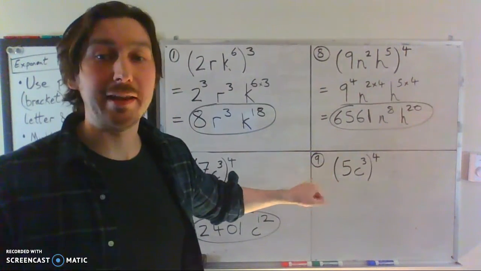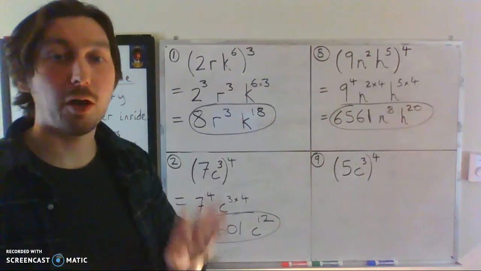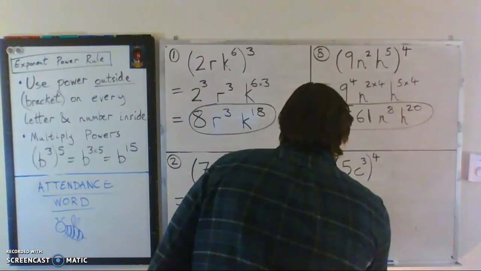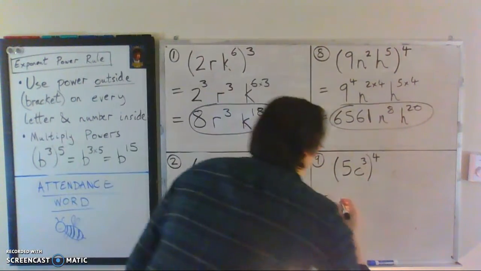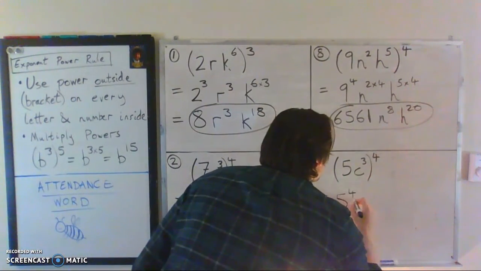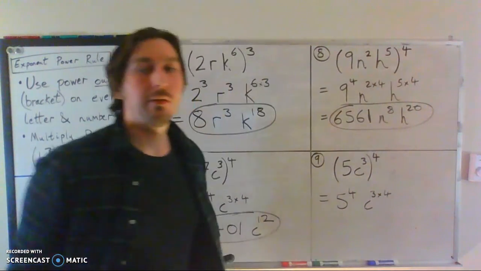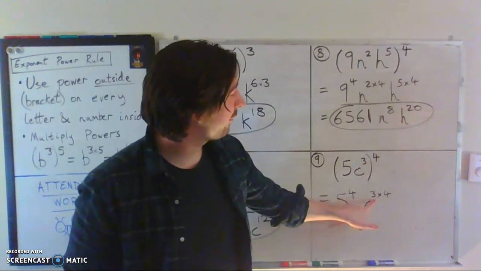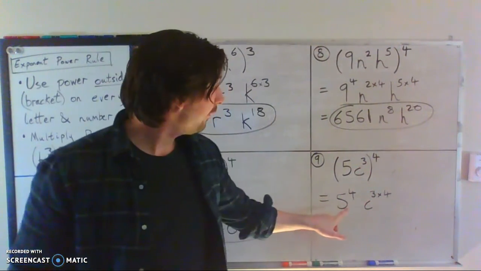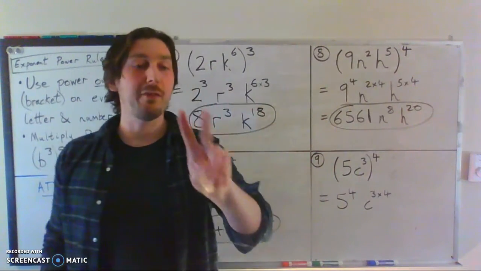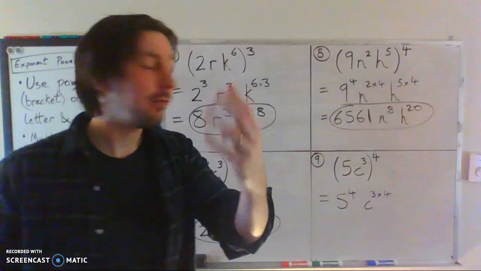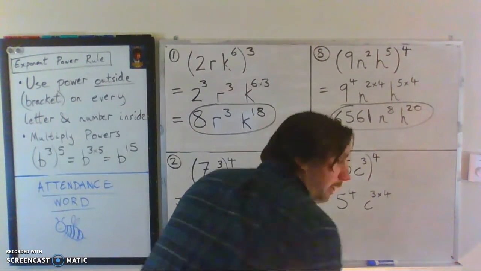Finally, number 9 here. So these are the 4 at the very top of your sheet. 5 to the power of 4. c^3 to the power of 4. So c^3 to the power of 4 is basically just 3 times 4. 5 to the 4 is 5 times 5 times 5 times 5, four 5s. And that becomes